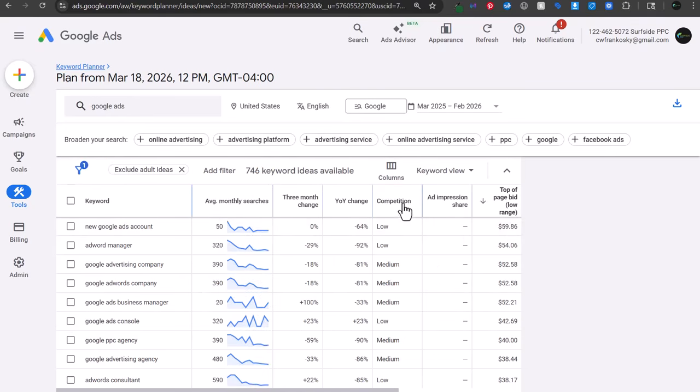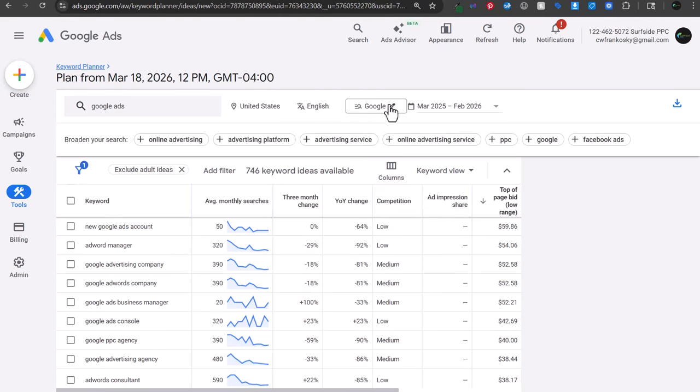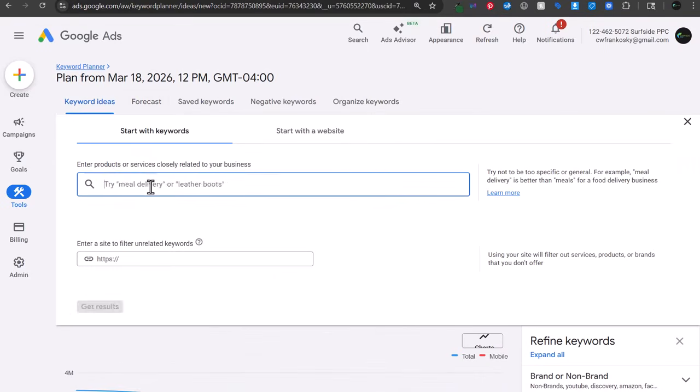I don't really use this competition over here. I don't think it really shows how competitive ad placement is for the keyword. It's just not something I use very often. One of the things that I'll do sometimes is if you do something like tree services, tree removal, tree trimming,